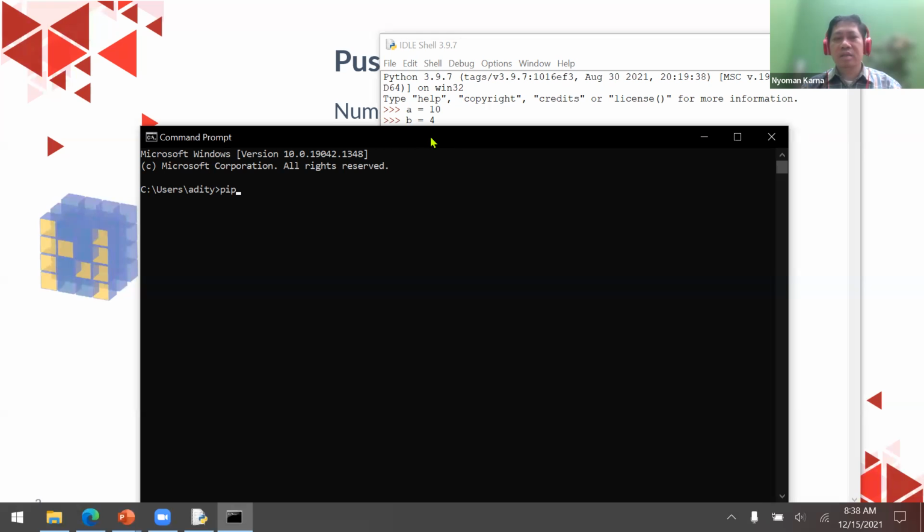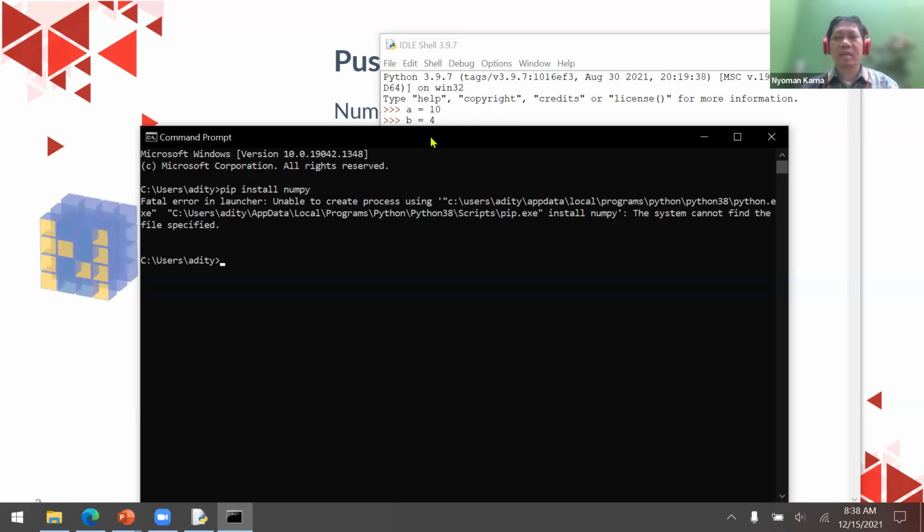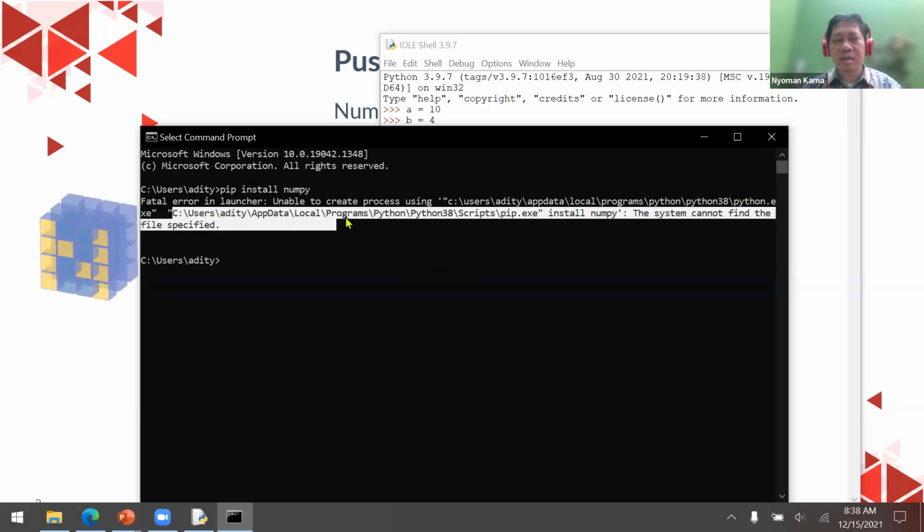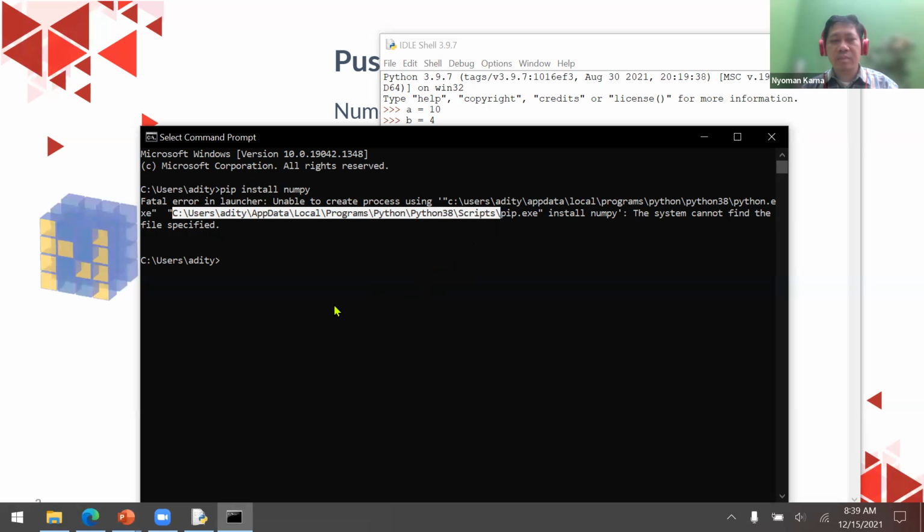So just type pip and then install and then numpy. Okay. I have two versions of Python here, and the incorrect pip, okay.